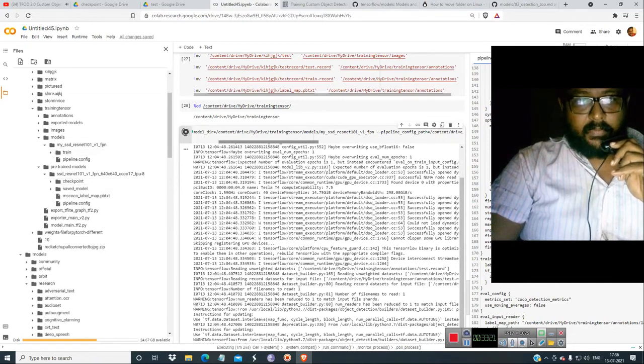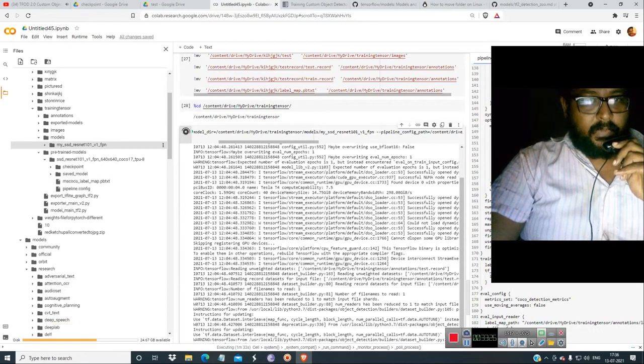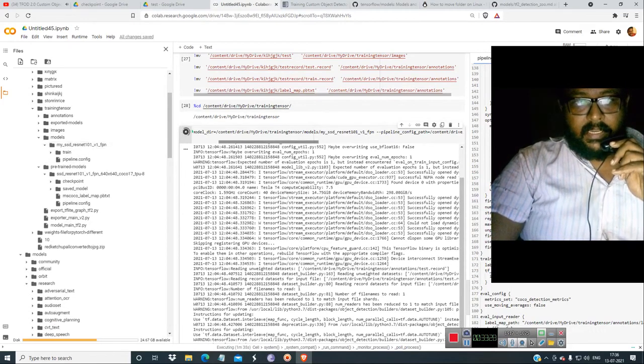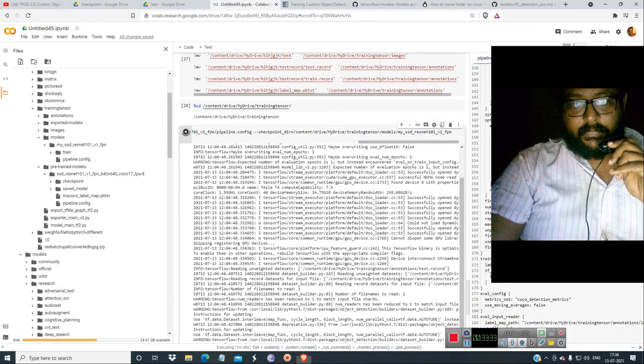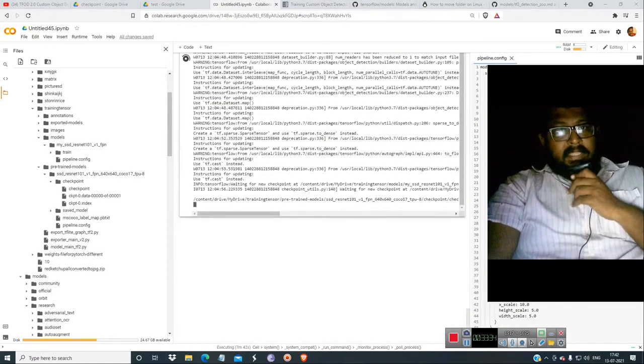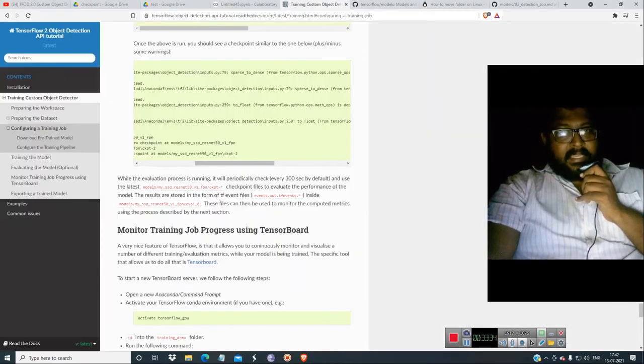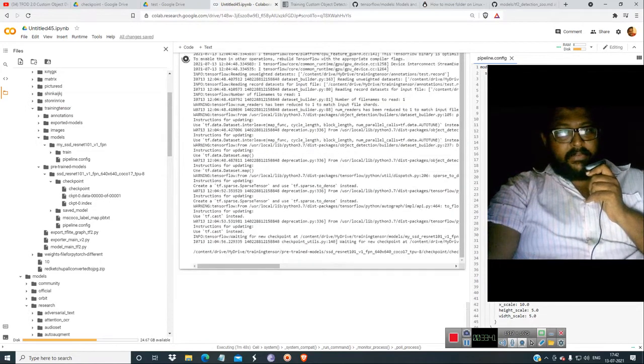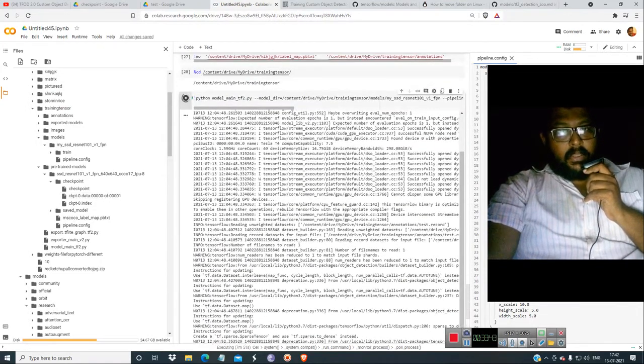Sorry, not from here, from the tensor training models. This is an empty folder you have given over here, and the other folder would be from here, on the models itself. Now what they are telling is that every 300 seconds you have to check. We have given all the paths correctly: the Python model main tf2 with the model directory as FPN.